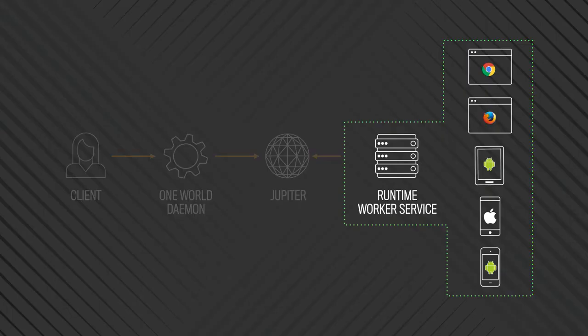So let's take a look into the worker service. The worker service is the one that's going to be responsible to manage the resources. And each host at Facebook can actually manage multiple of the runtime worker service. And we make sure to isolate them from each other. So given those runtime worker services that are isolated from each other, let's take a look into the life cycle of one of those.